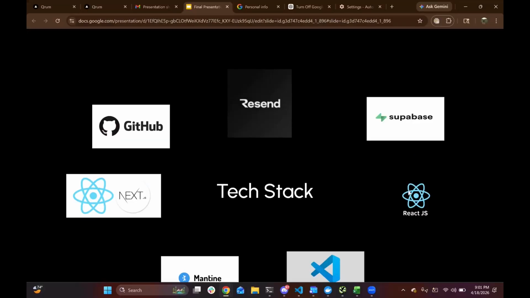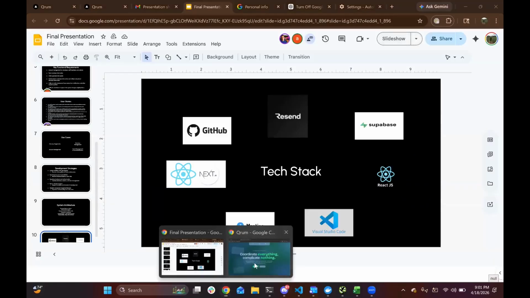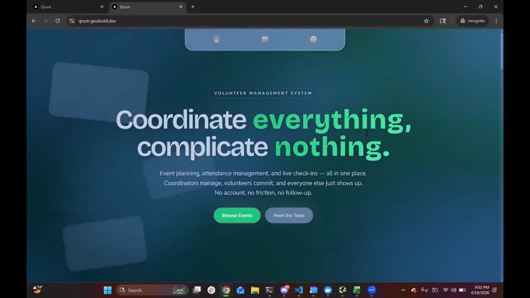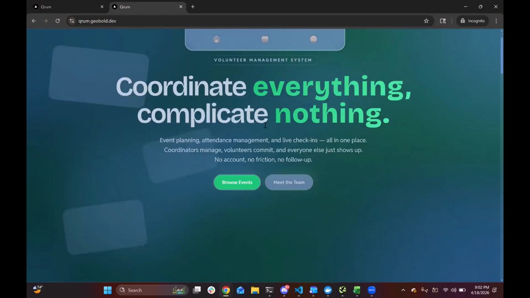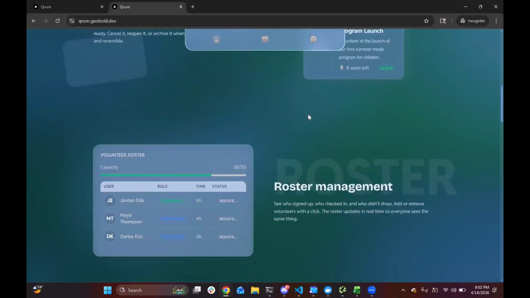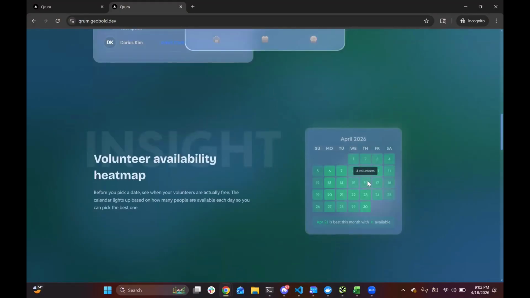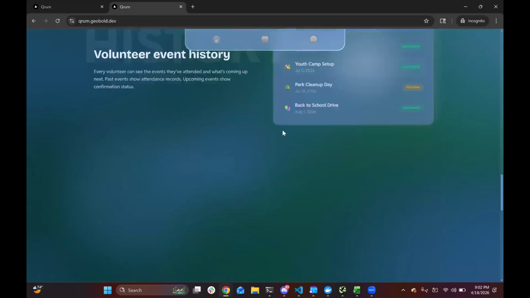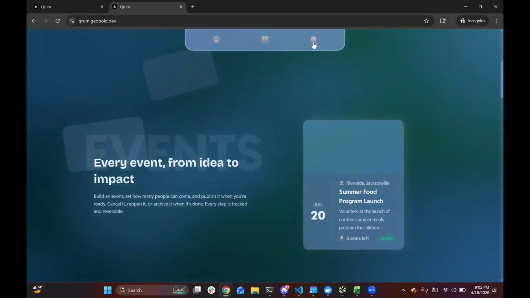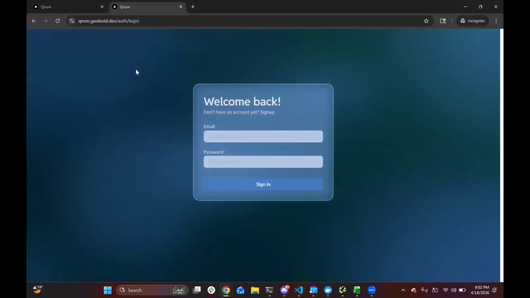And now I'll go into the product. When users land on the system, they're first introduced to this interactive homepage where they can scroll through and get a general idea of the features inside the app that they can interact with. Now, if a user goes to account, they can either sign in or